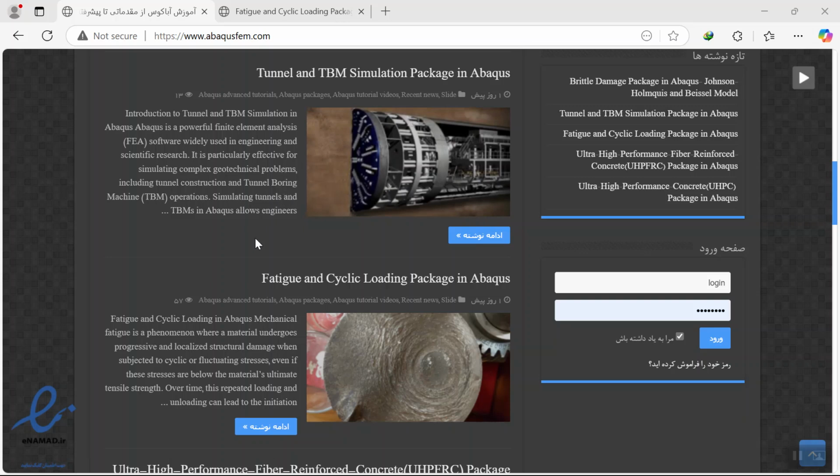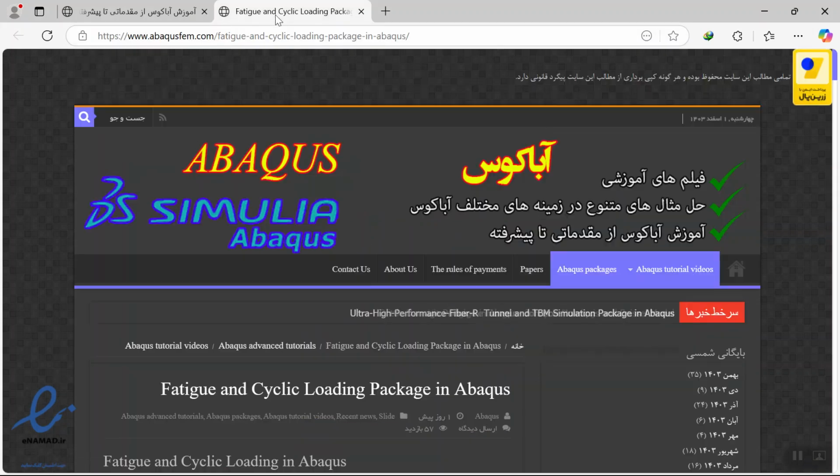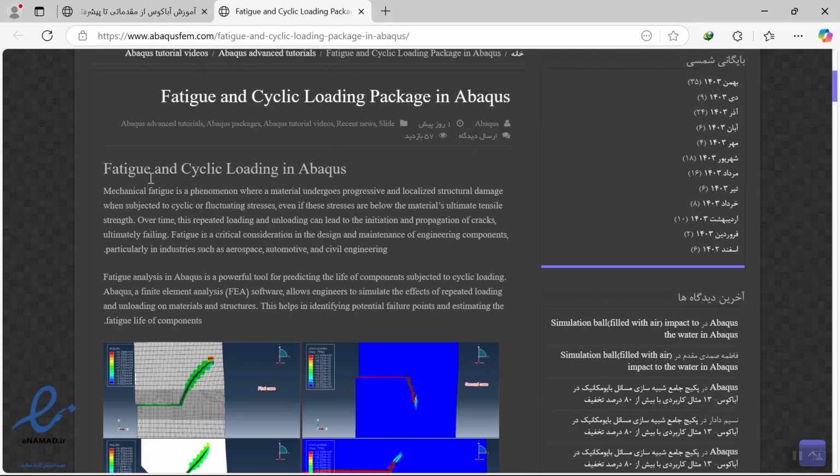Today, we have published a package of static and cyclic loading in Abaqus. If you click on titles, here you will have the static and cyclic loading introduction. We have two things in Abaqus. First, the static. The static is a specific way that you can model the static cycle in Abaqus by